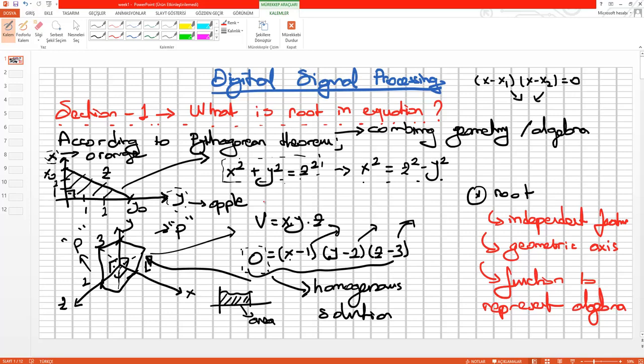Any question? I have fruits, maybe apple and orange, they are independent. But for this one, they are not independent because if x is 0, no x, there is no shape. So it is not independent. They are dependent on each other. With no x, no shape. Yes. And so we have the 3 roots, right? But if I remove one axis in here, we have 2 roots, right? So removing it, no dependency.